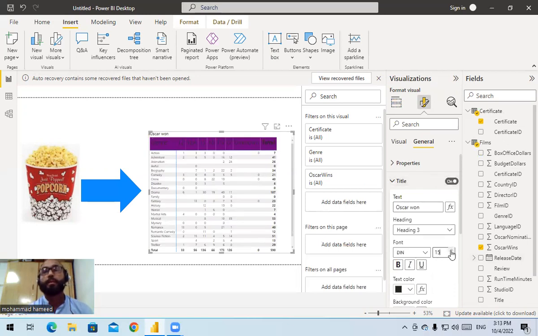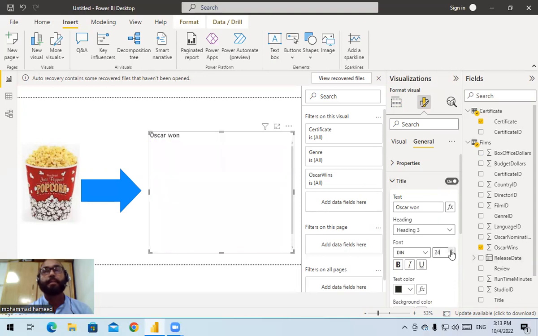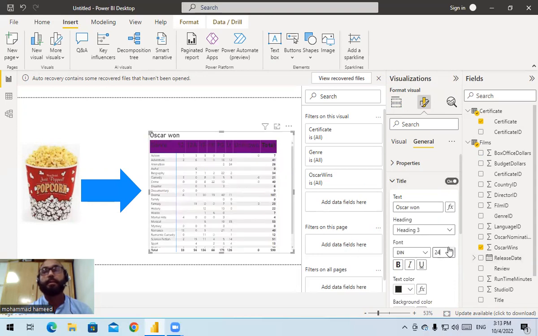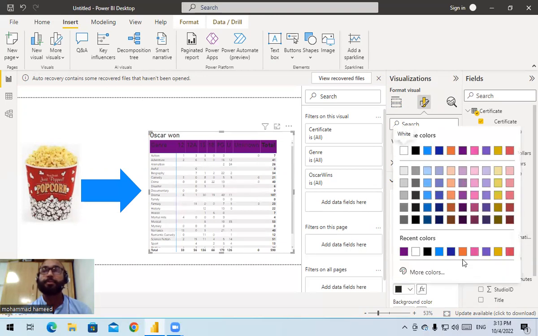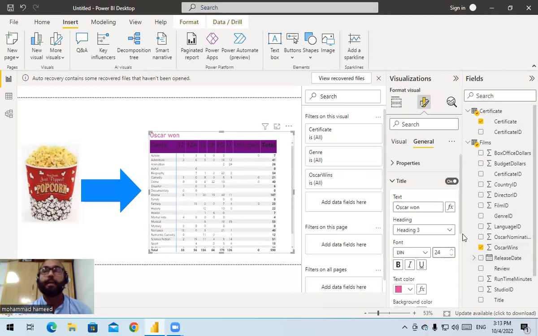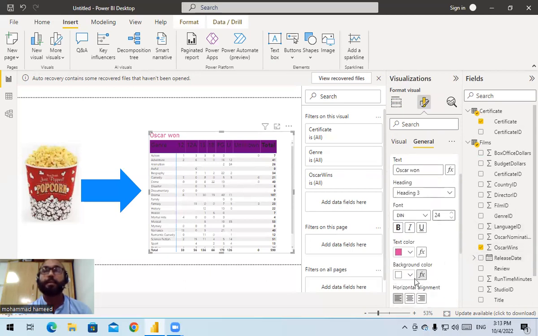We resize it, the heading text color is changed to this one, and we apply some background to it, and we place it in the center. So we did so. This was another task we had to perform,